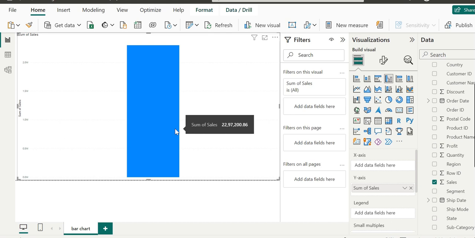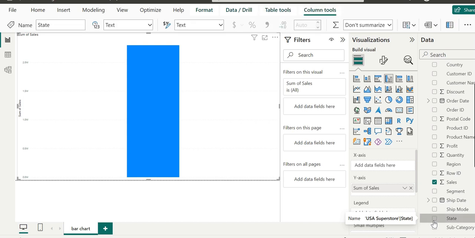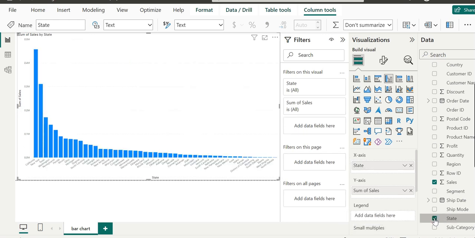Let's go ahead and cut up our data using another field. So we select the state field, which is visible towards the bottom right of the screen. Doing so causes the x-axis to change. Once again we have the individual states on the x-axis and blue bars corresponding to the total sales in each state on the y-axis. This is the same visualization with which we worked so far.